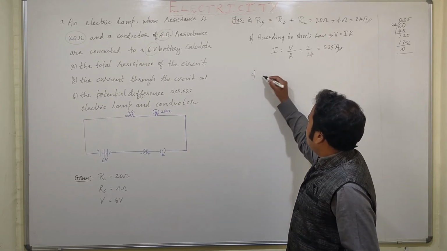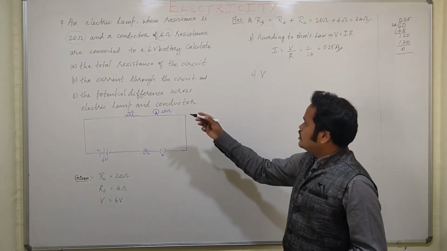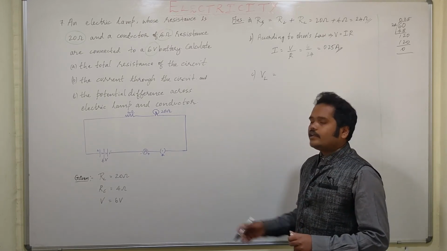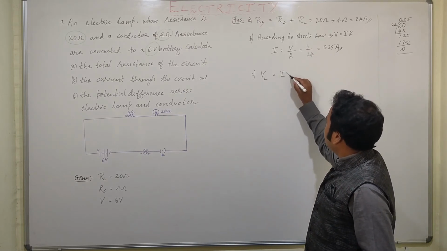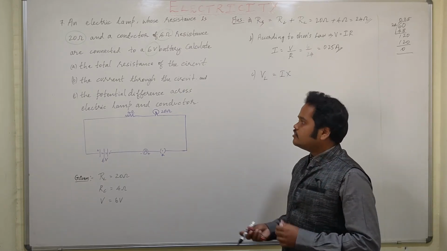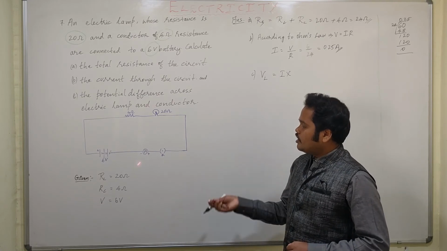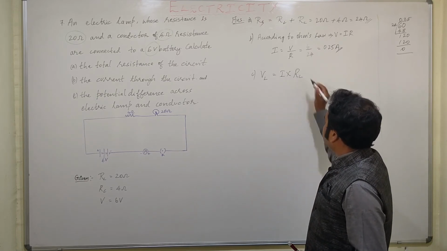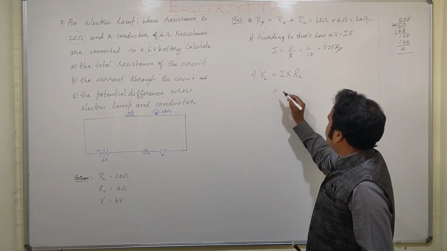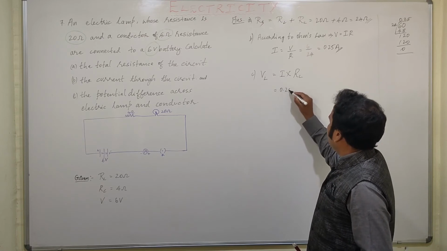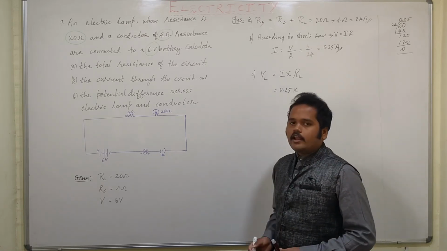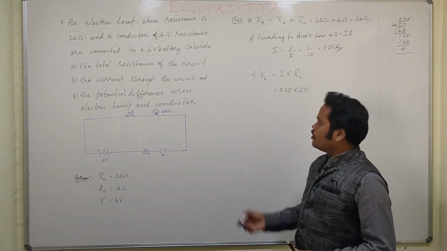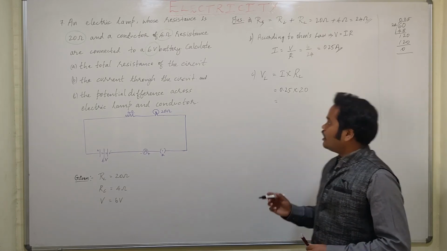See, now the potential difference V, first we'll take across the electric lamp. V is equal to I into R. I remains constant. I into R. Now the resistance R will be taken only of the electric lamp. RL, we will not take the entire resistance. We will take only the resistance of the lamp. So here, I is known, 0.25, into RL, which is 20. Now if you multiply this, we will get the final answer. Let us see.